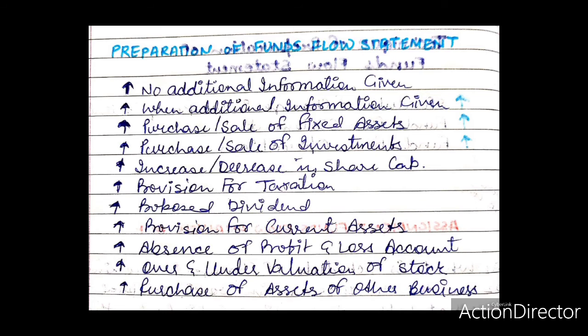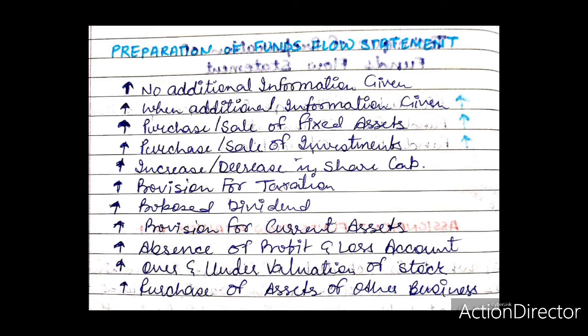Absence of profit and loss account balance. Sometimes the complete balance of the P&L account is transferred to general reserve account, and in case of a sole trader or partnership firm, to capital account, or there is no information about it. The balance sheet contains only the balance of reserves and surplus or capital account. In such case, the profit from operations is calculated by adjusting all non-fund items in the general reserve account or reserves and surplus account or capital account like an adjusted P&L account.